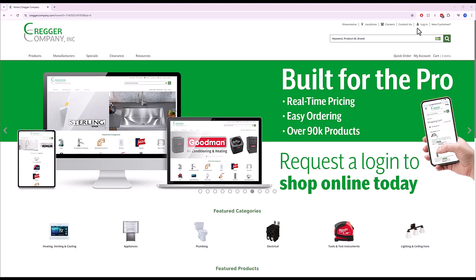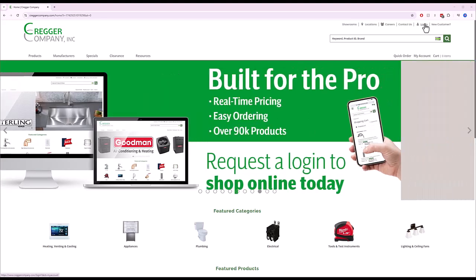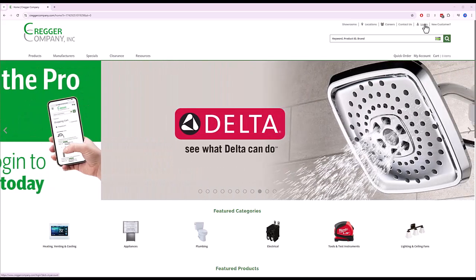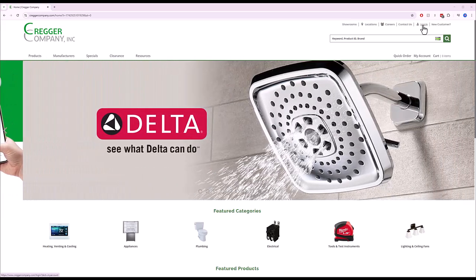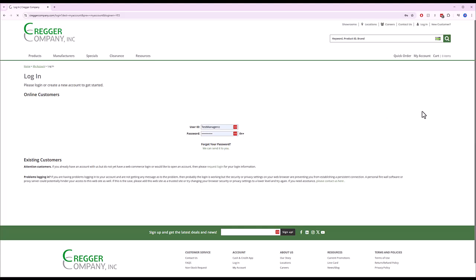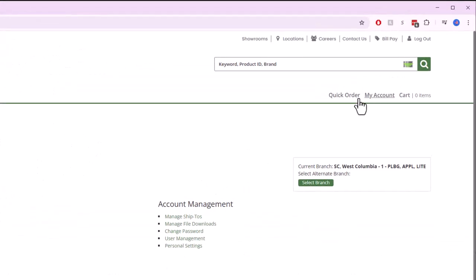Before we dive in, a quick tip. When importing, keep it to no more than 100 items at a time for smoother operations. Let's start with importing to the quick order pad. After logging in, click on Quick Order and scroll down to the bottom where it says Upload Quick Pad Import